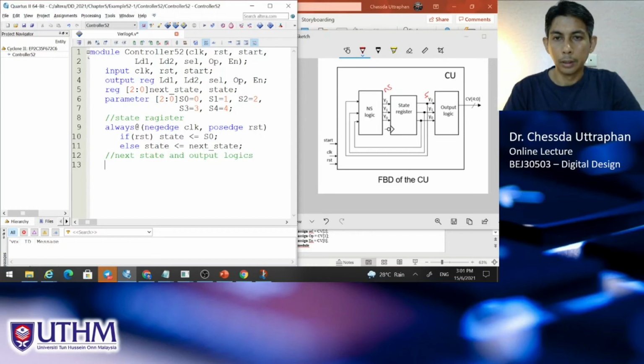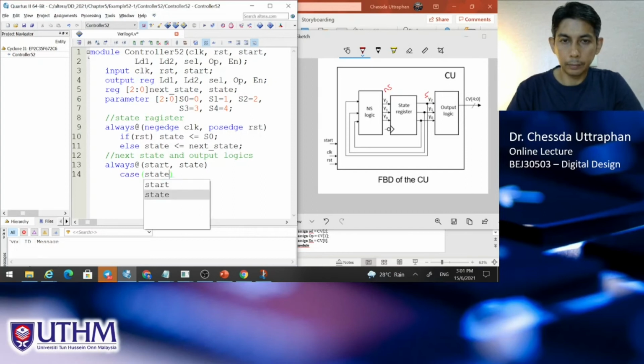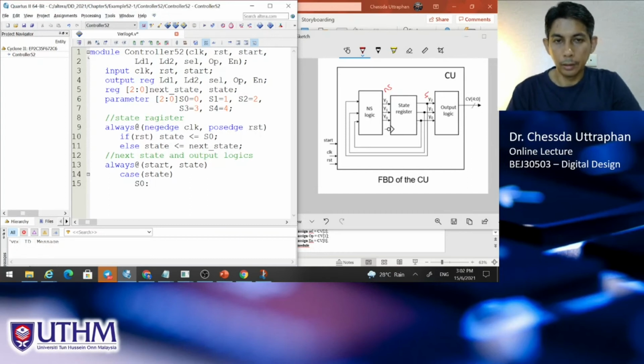Objects. All right. Of course, we need to use the always block. And the input, we have S, start. We'll also have the state. And we can use case state. Right, at state 0. Yeah, state 0. So the output here, CV. So we have CV. We need to create this CV, or you can have this begin